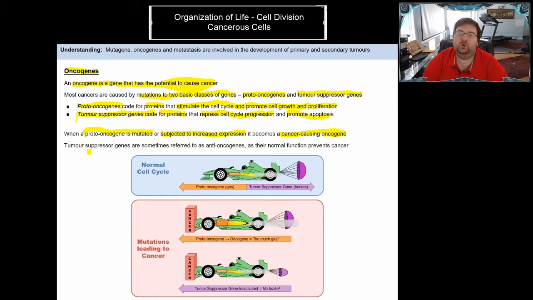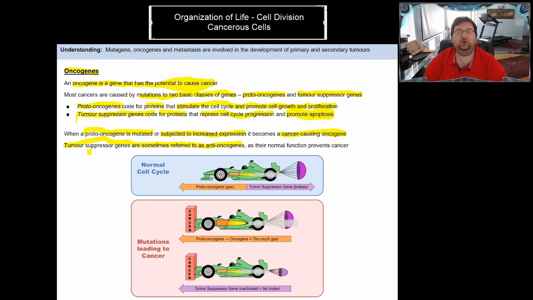It also promotes apoptosis, and apoptosis is something that we talked about in previous lessons, especially in Health Science 20. This is programmed cell death. So when it's time for a cell to die and we're going to replicate a new one to replace it, that is apoptosis. Tumor suppressor genes are sometimes called